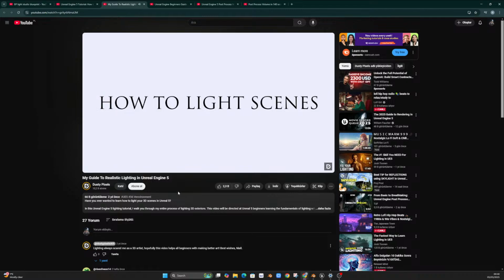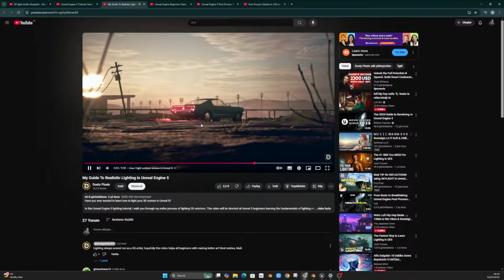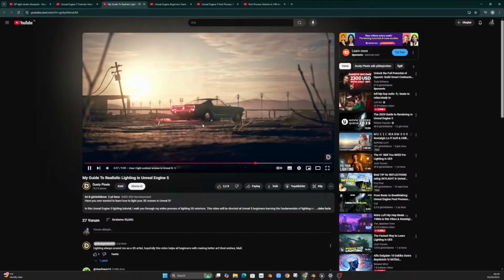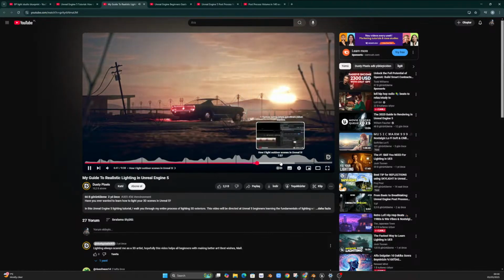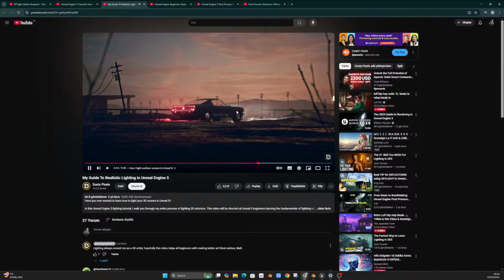Number 5, mixing all lighting techniques. Now that we have a basic understanding of all the lighting tools, let's try and create a sunset across this desert environment. I will have an environment tutorial coming soon, however please leave a